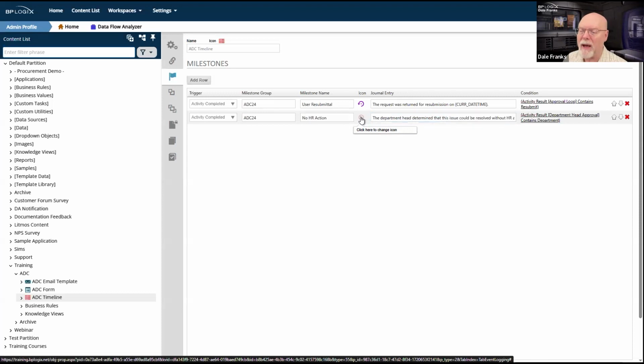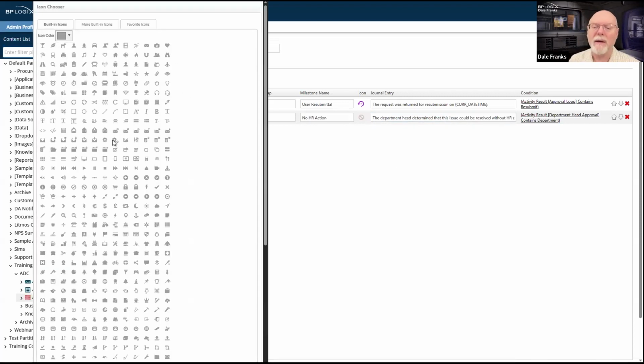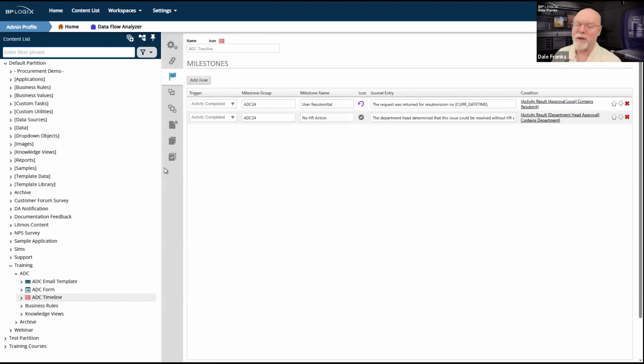I didn't put an icon on that, so let's just grab an icon real fast where the problem was solved. We'll just give it this nice little check mark icon where we determine the problem was solved. And we have a couple of milestones here. In all the things I was checking beforehand, I didn't check to see if there were any other milestones that I wanted to put in.